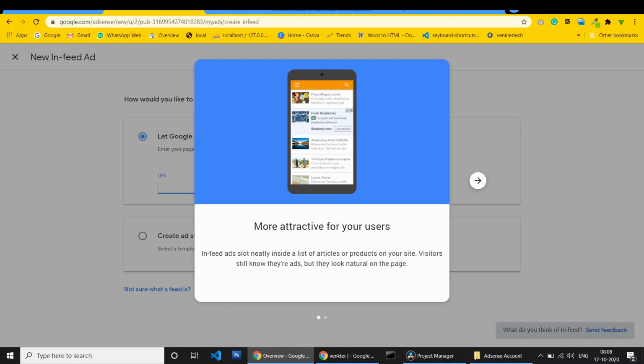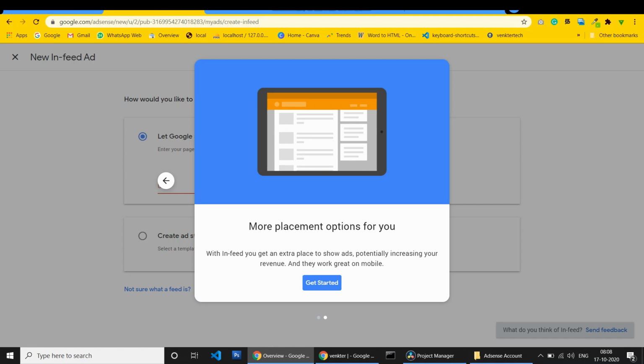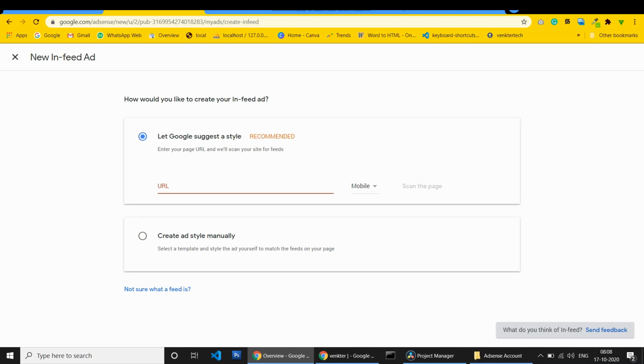It will be placed like this: every website will have a recent post section or thumbnails, as well as on the front page, where we will show the recent posts or category. In this section, the advertisement will be displayed between the posts. Like here you can see it is one post, it is one post. Between the two posts, one advertisement is displayed. More placement options for you.